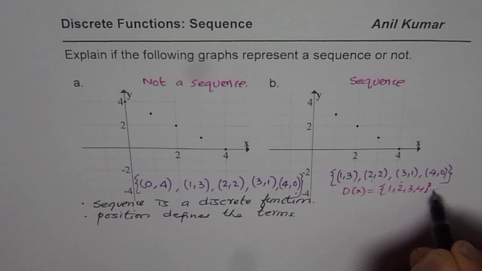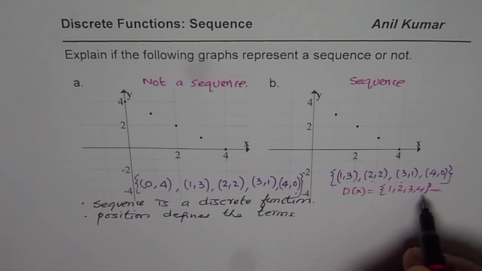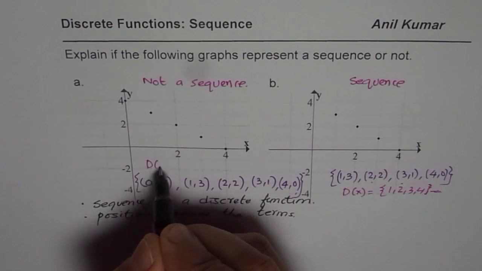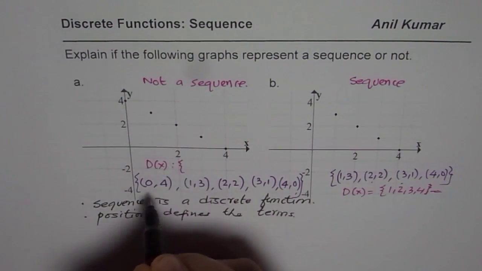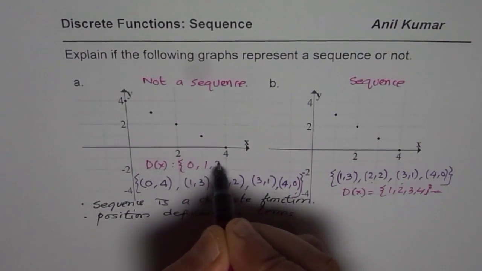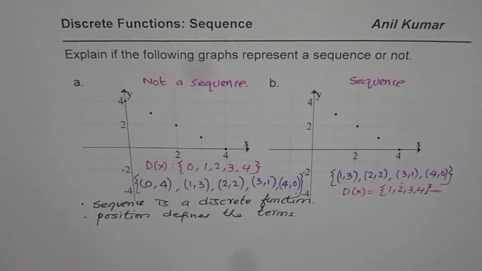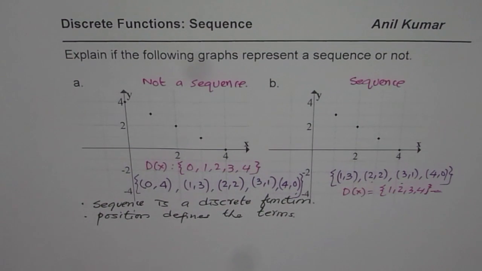Well, we'll just put 4 since we have 4 numbers here. And in the first case, what is the domain? The domain in the first case is 0, 1, 2, 3, and 4. Now that gives you an idea that the first one is not a sequence, but the second one is a sequence. And the reason is, as you have now guessed it,